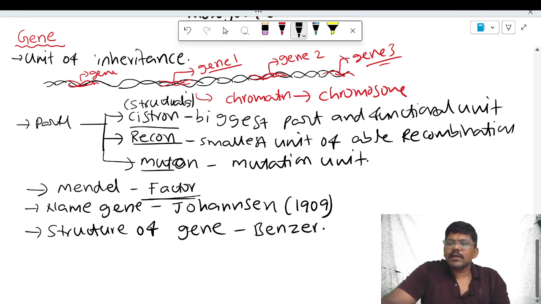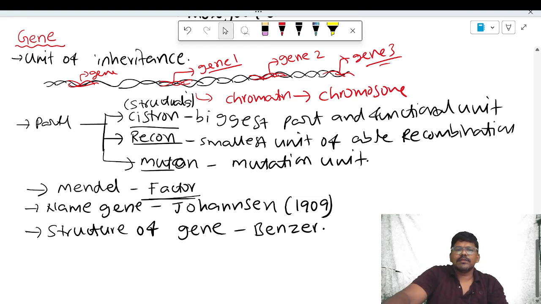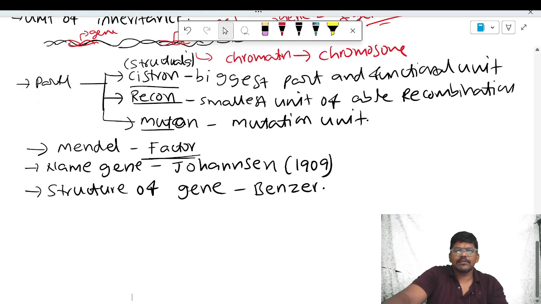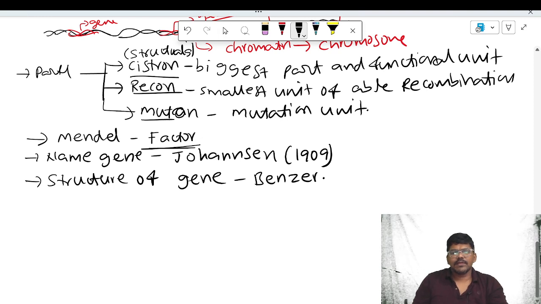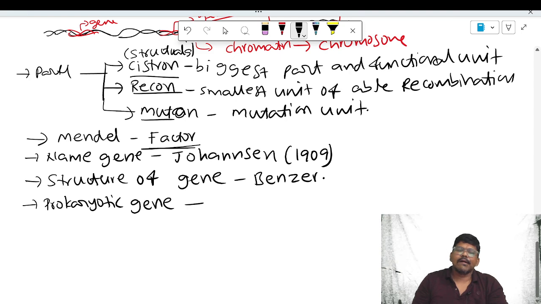If you observe prokaryotes and eukaryotes, the structure of the gene is different in prokaryotes and different in eukaryotes. What is the difference? Prokaryotes are the organisms which do not contain a nuclear envelope. Eukaryotes are those which contain a nuclear envelope. Examples of prokaryotes are